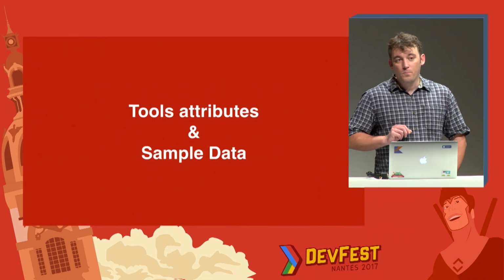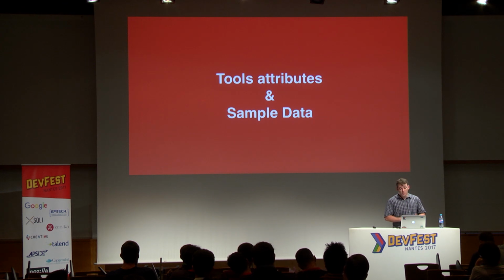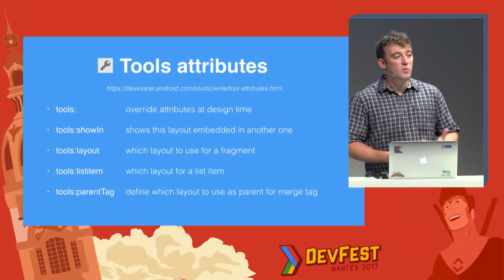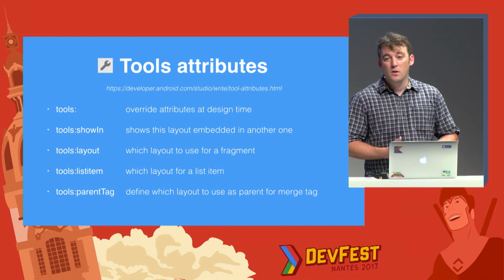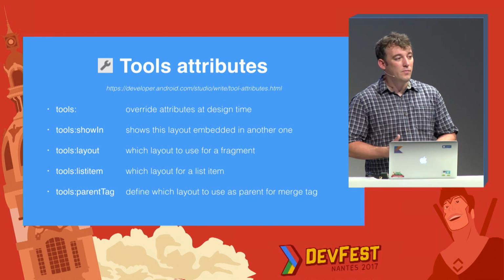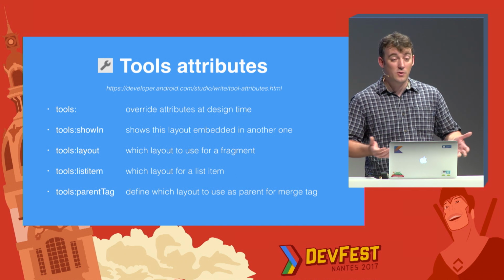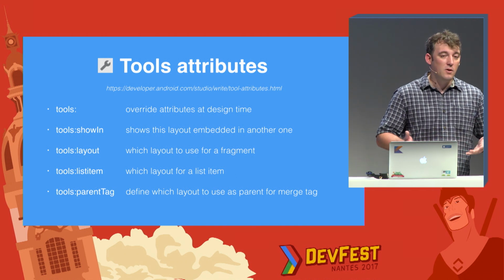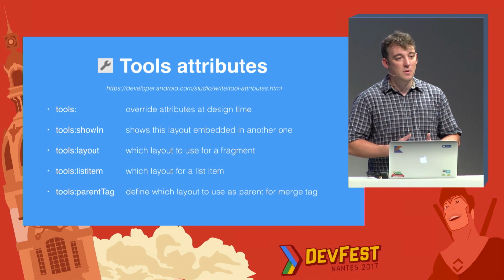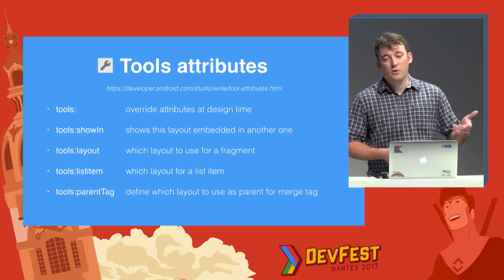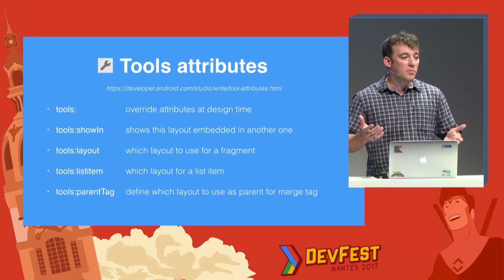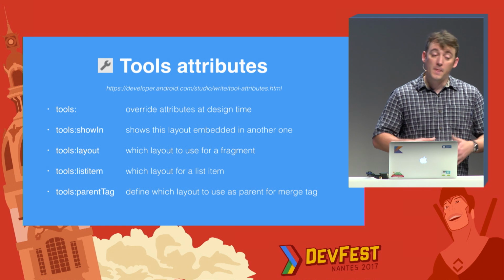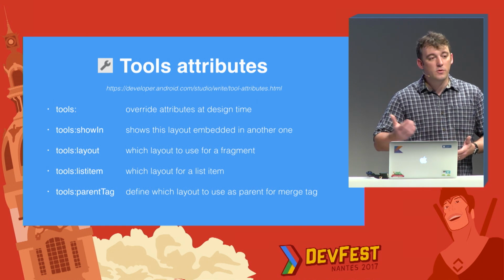Another thing we added, or more exactly extended, in Android Studio 3.0 is the tools attributes and the sample data. Tools attributes are a bunch of XML attributes that are here to override whatever attribute you have. That's pretty convenient if, for instance, you have a text view in your layout, and the content of that text view is not indicated by android:text because you are doing that by code. It may come from a database or something like that. So you can instead use tools:text and specify some random text that you just use within the context of the layout editor, and we'll use that value when we render through layout lib.